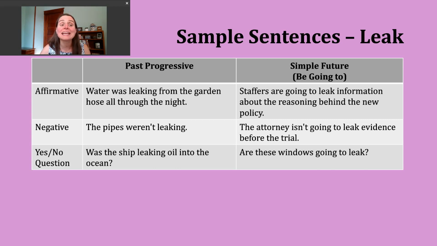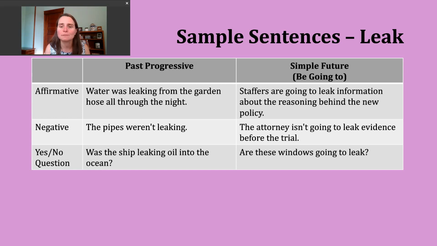Now let's look at making a negative sentence. To do this, again, I start with my subject, I use the form of be that matches it, then I use not going to and the base verb. Here's another example. The attorney isn't going to leak evidence before the trial. And that's probably a good thing. That would violate a lot of rules in most courtrooms to share something that was supposed to be kept private